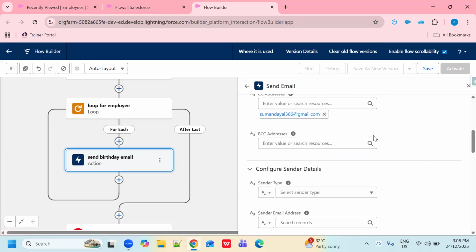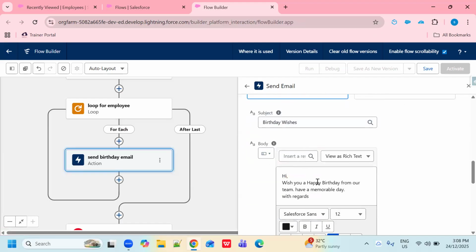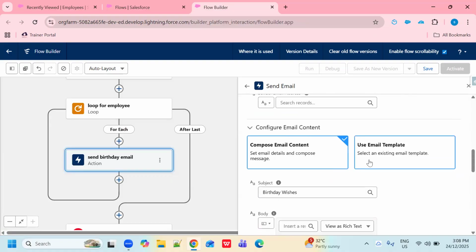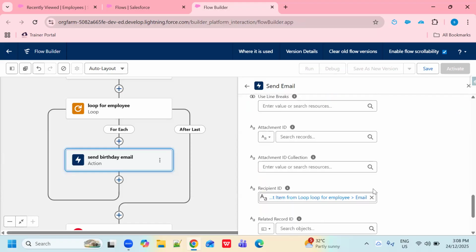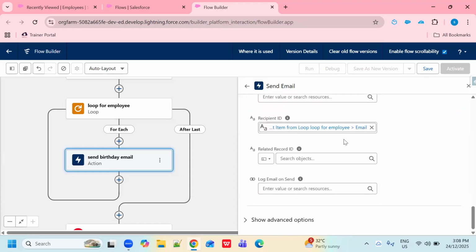Both may be the same, and you can write your body here, right? If you go with the email template, you can add the name also for a particular employee to whom you want to send your mail. So for now I'm just keeping it simple, right? And after this our flow is ready.